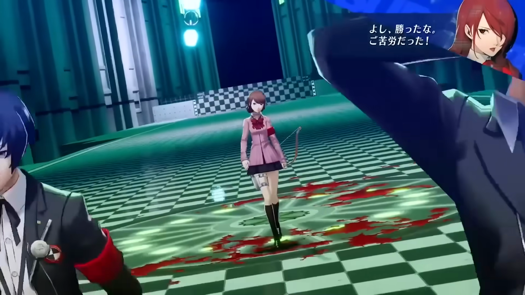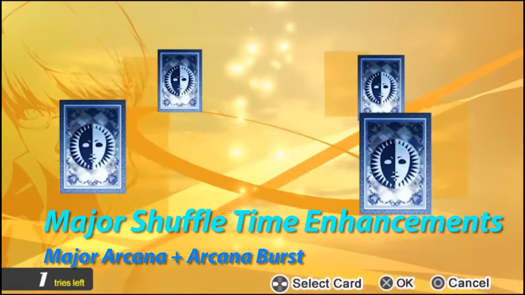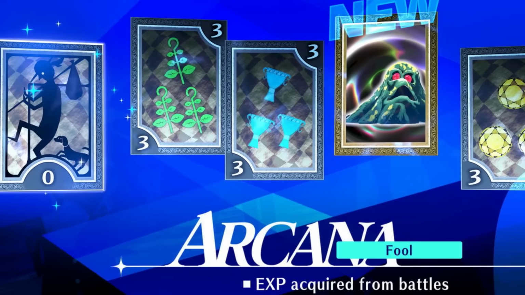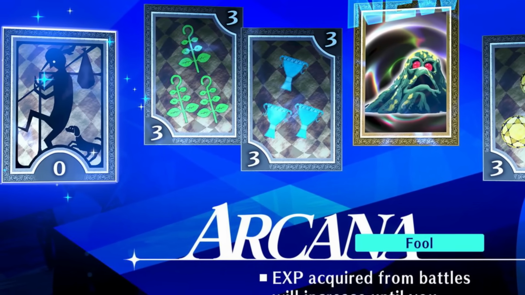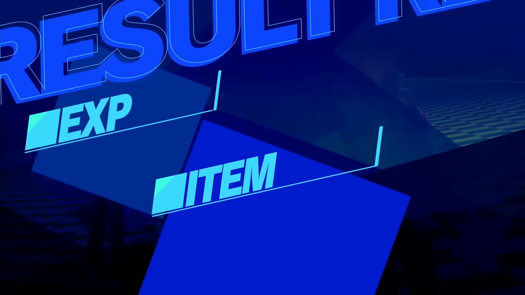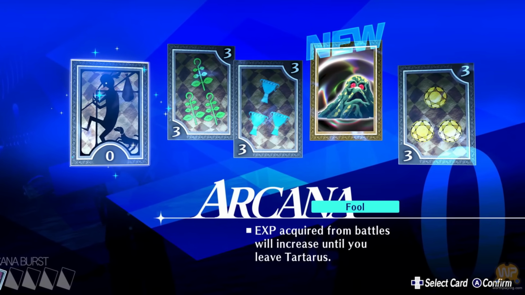In previous videos, we discussed that Shuffle Time in Persona 3 Reload will reflect Persona 4 Golden's implementation of it, giving players the choice of simply selecting which card they would like. Well, now we have new details regarding the rare Major Arcana cards you may find in the bonuses you can take advantage of. Along with items, EXP and money boosts from the previous fight, and Personas to collect from Shuffle Time, it is now possible to find a Major Arcana card that has bonuses that carry out a special effect